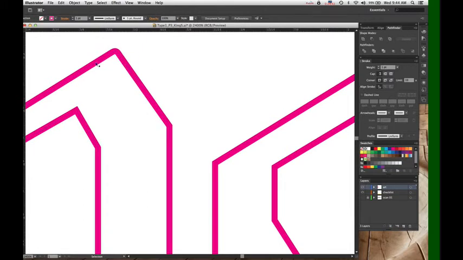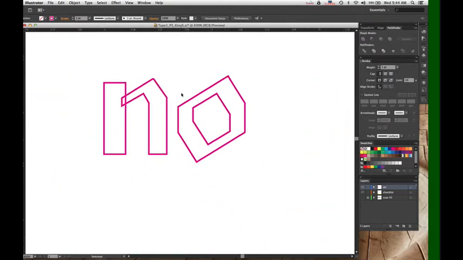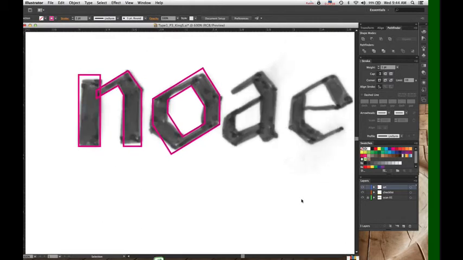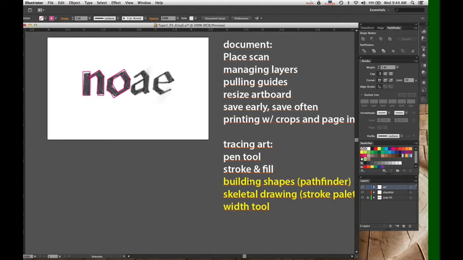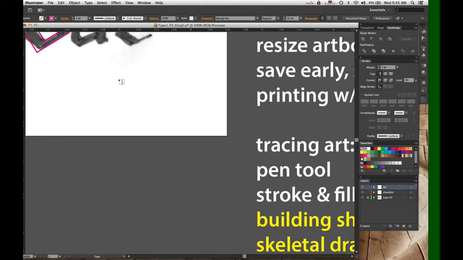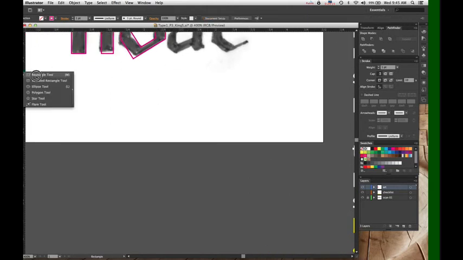yeah, now I have a little bit of curve to that, and that's a little bit nicer. You can see the difference here between this ultra sharp point and this one with just a little bit of softness. Just looks a little bit nicer. So that is, I covered the pen tool, stroke, fill, I covered the path. Let me show you a couple other quick Pathfinder tricks just to show you the power of what Pathfinder can do.